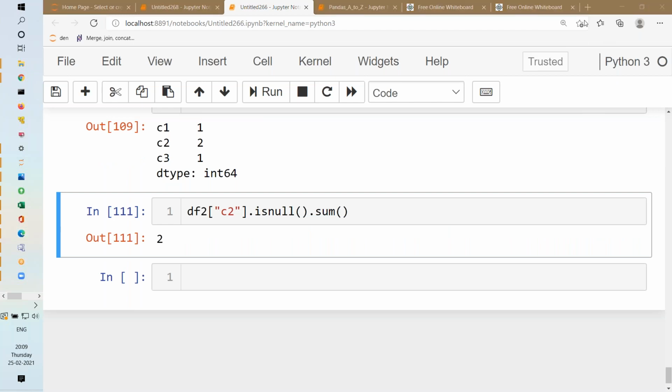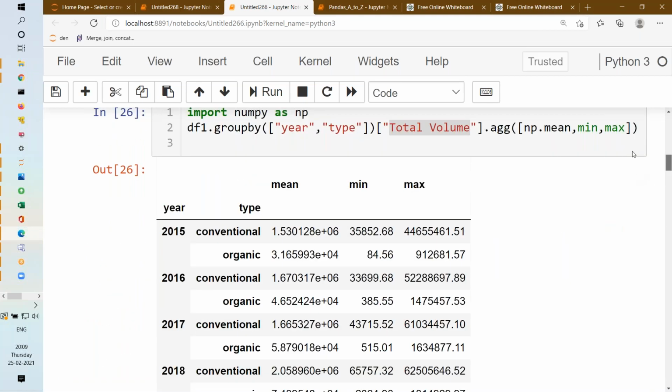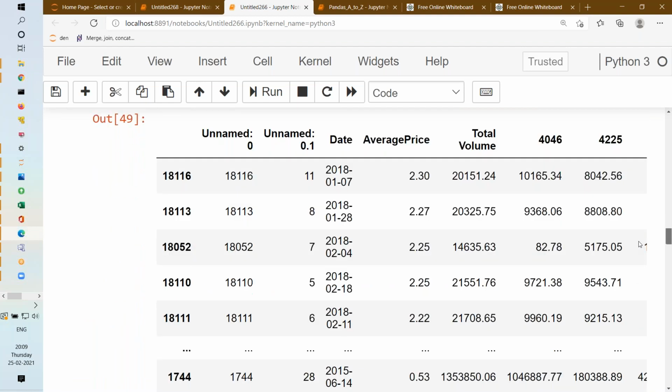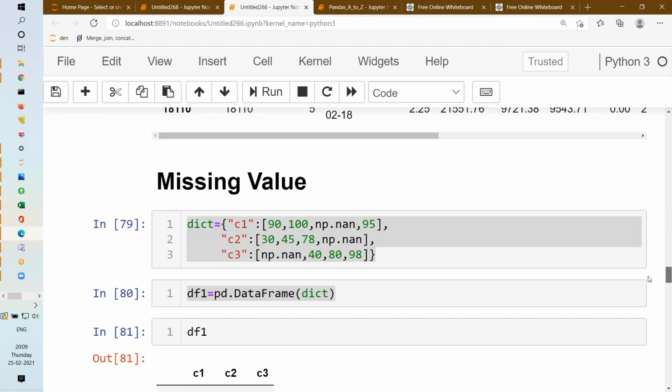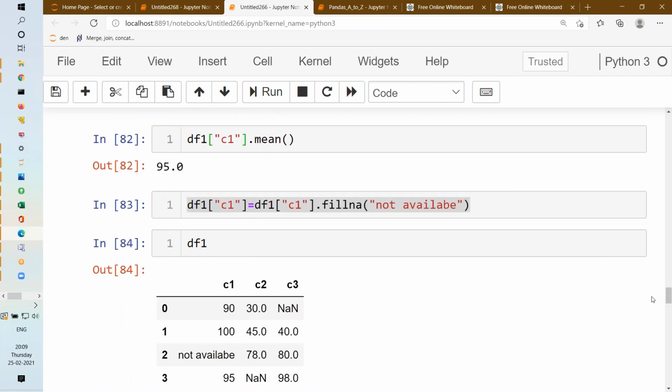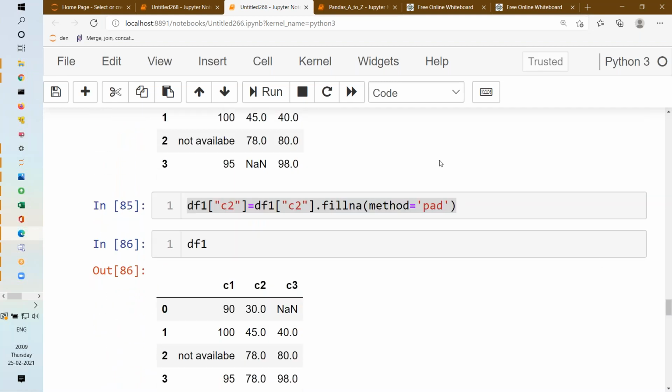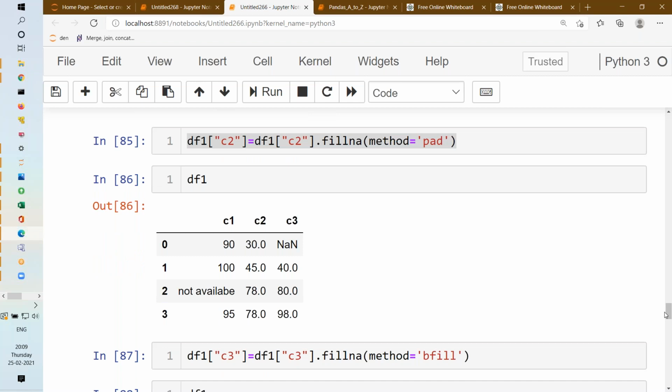We discussed different methods, fill NA and drop NA. For filling missing values, we discussed group by and pivot table, and after that we discussed missing value treatment yesterday. The fillna method will take the value that you want to fill. If you want to fill with the immediate next value or immediate before value, you can use method equals to what, right? In method, if you write pad, it will be filled with the immediate previous value. bfill will fill the missing values with the immediate next values, right?